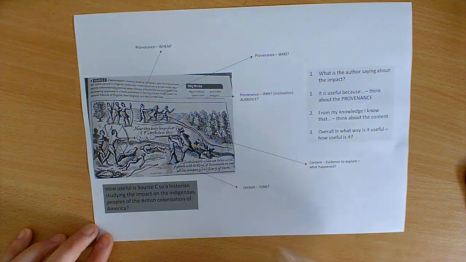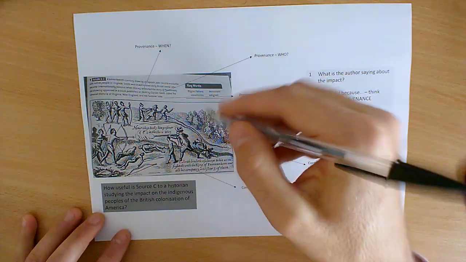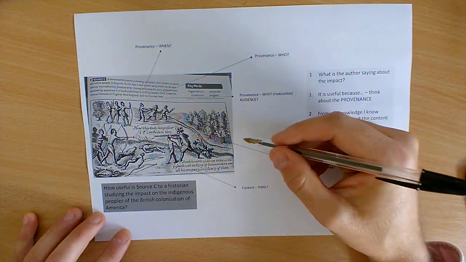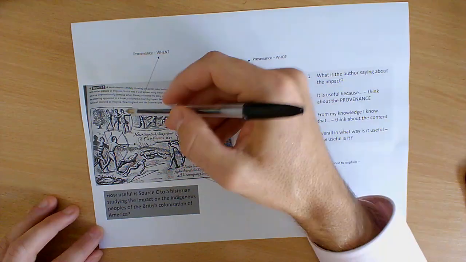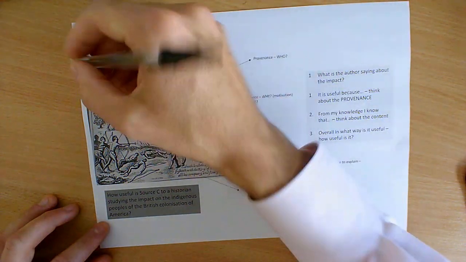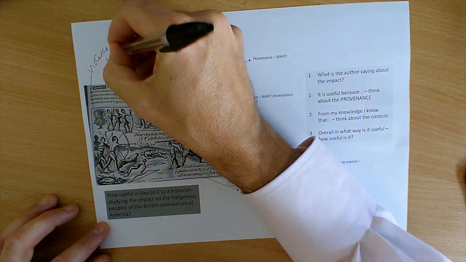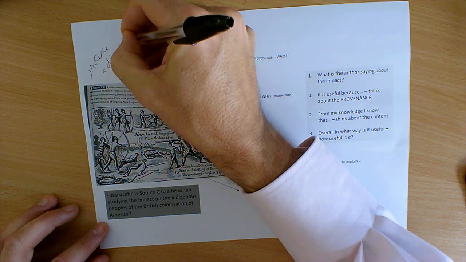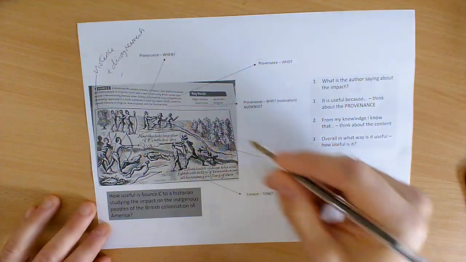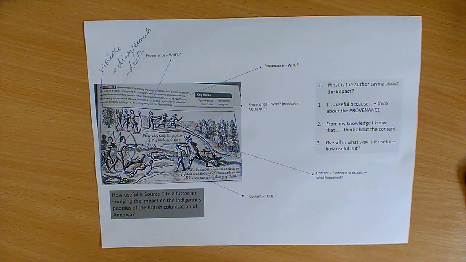Okay? So what is it telling me about the impact of the British? Well, for me, it's telling me that there were serious disagreements between the settlers and the Native Americans, which led as far as all-out war and violence. So it's showing me there was violence and significant disagreements, which actually led to, ultimately, death, doesn't it? I mean, you can see he's actually killing some of them. Okay, so this is a pretty serious problem between the two. Now, the second thing